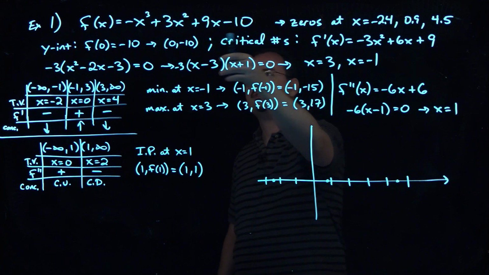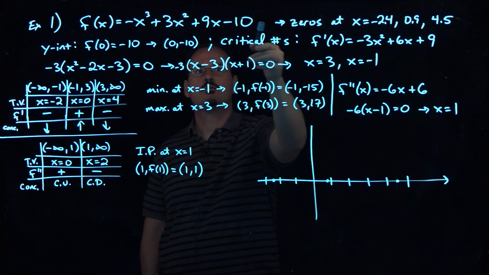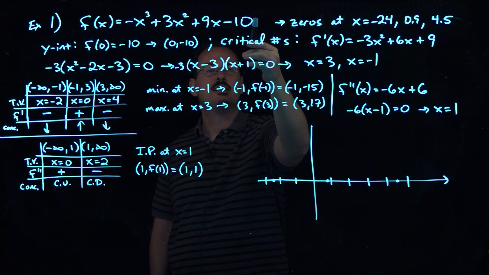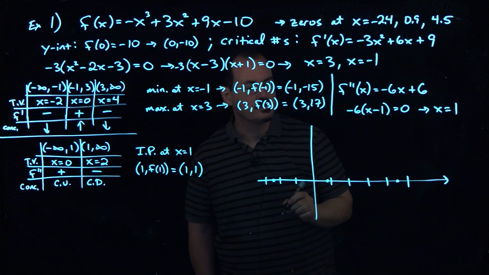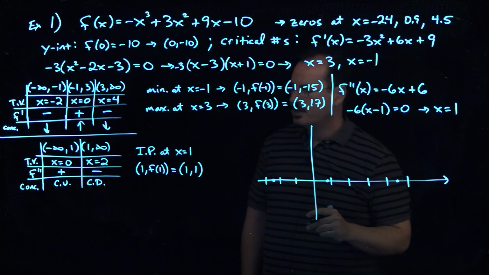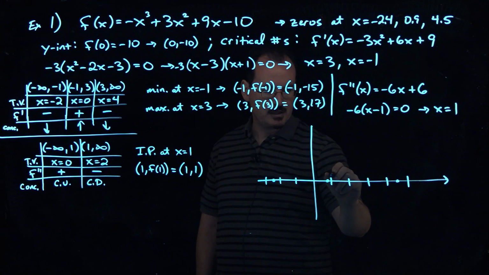And remember, how do we do that? We started out with this cubic. Really, the way that you would do this is you'd set that original function equal to 0 and solve it. Again, that's difficult to do because it is cubic, so I just use the calculator to find those. Okay, so there's those. We've got an inflection point we know at 1, 1, so that's going to be like,